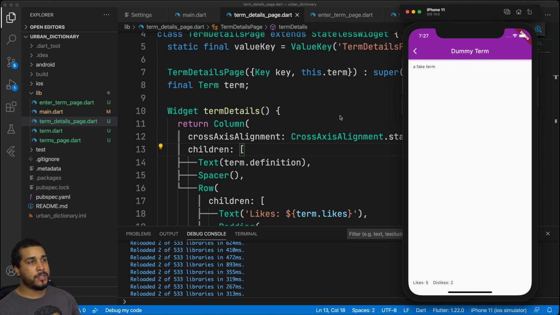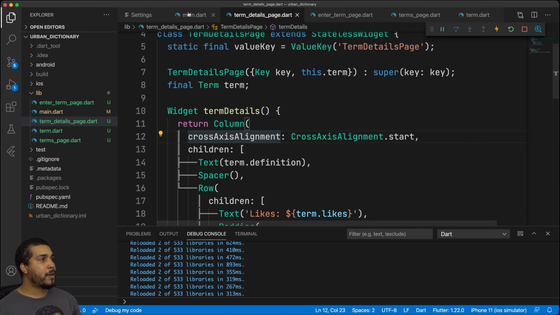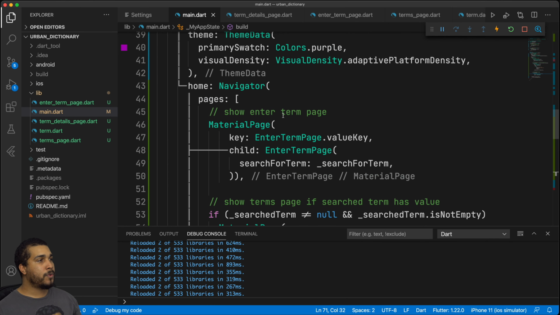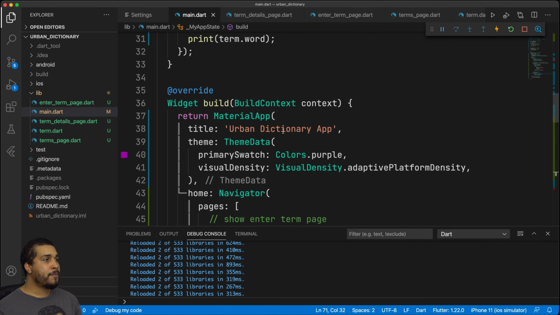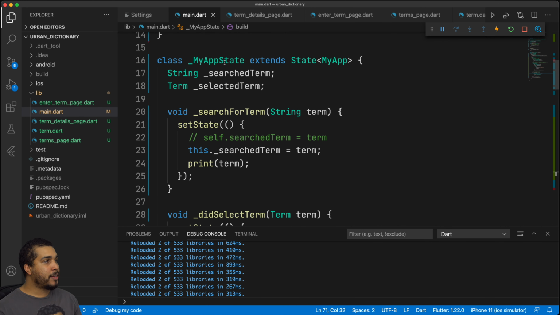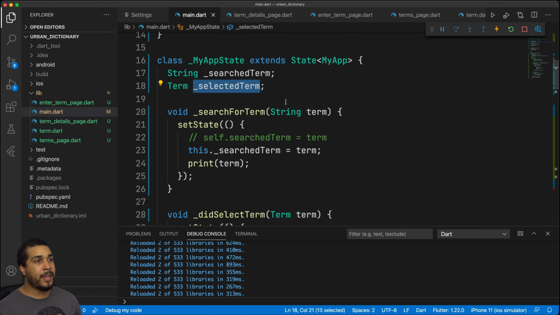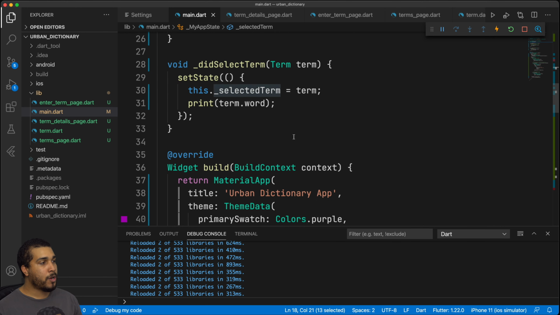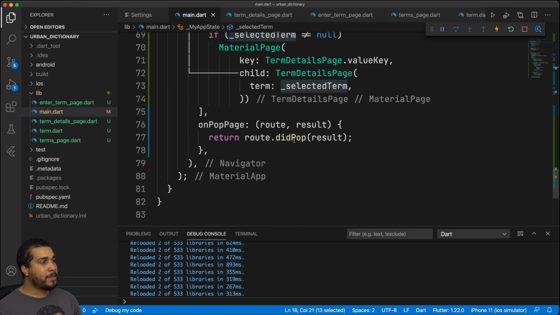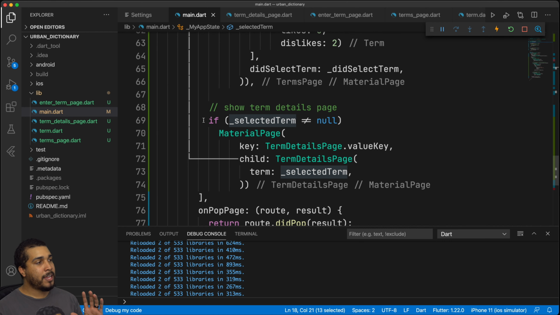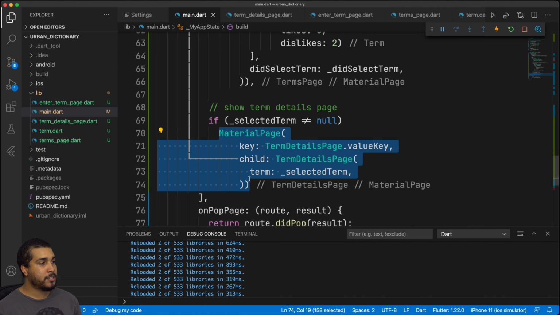The reason why it takes us back to the detail screen is because, remember, we now have a selected term back over here in our main. So even though we go back, we never actually specify inside of my app state that the selected term needs to be returned to null. That's causing it to stay in memory, and whenever we reload our widget tree, our navigator is saying, oh, there is a value for the selected term,